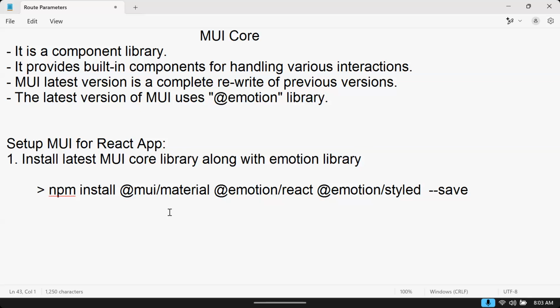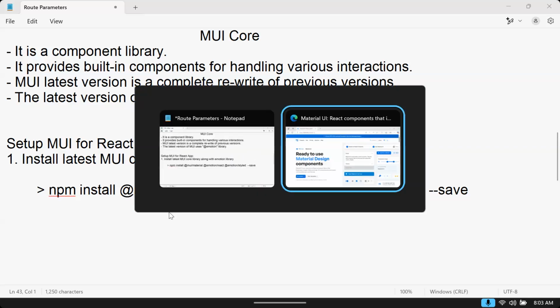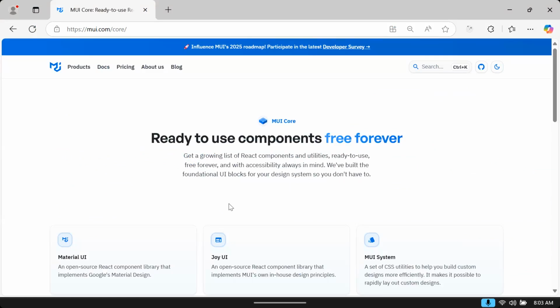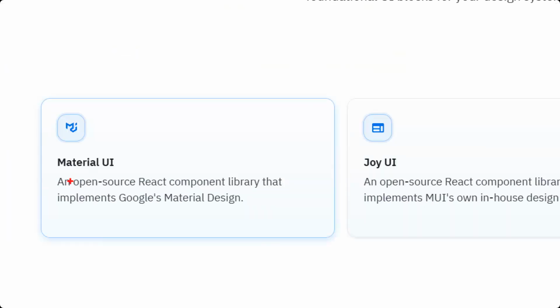They have different libraries, but for you, MUI is enough. Joy UI and other UI options they have, you can see. This MUI core is again having MUI, Joy UI. So this MUI